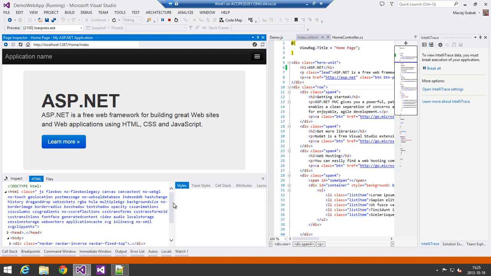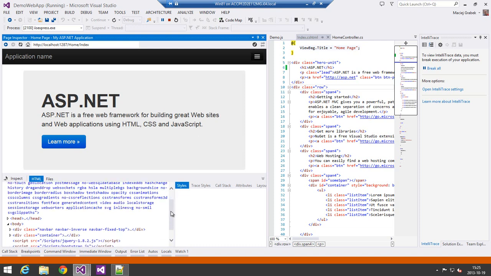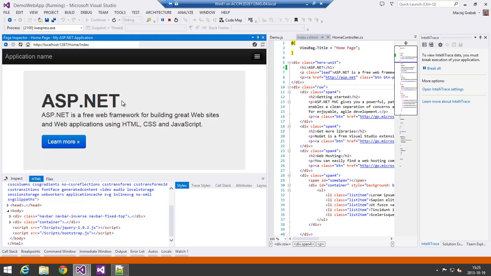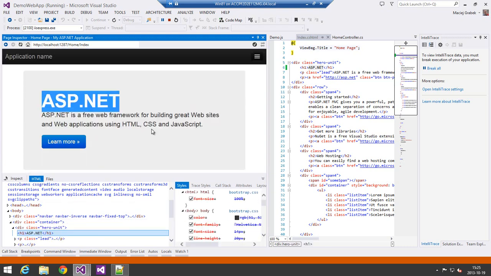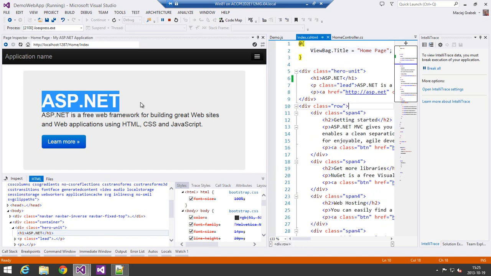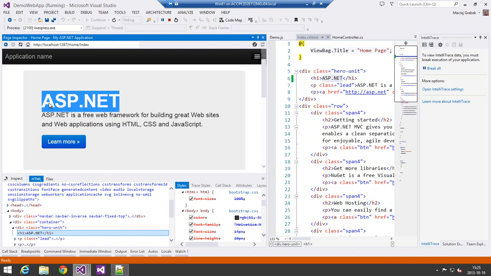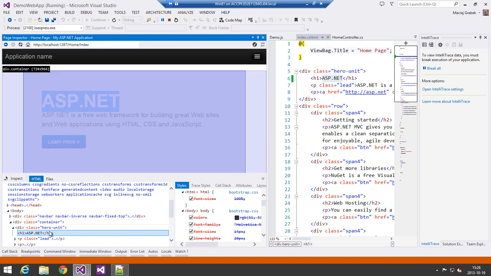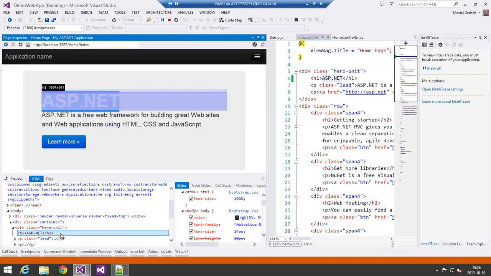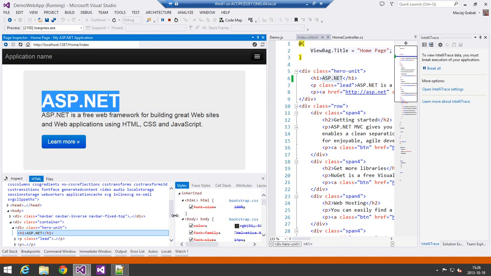So let's focus on what you can see here now. Let's select some part of text. It is highlighted in my source code. I will make it larger to show you. ASP.NET is selected here in my source code. It's selected in preview. It is selected in the rendered code, and I have refreshed the window with the styles